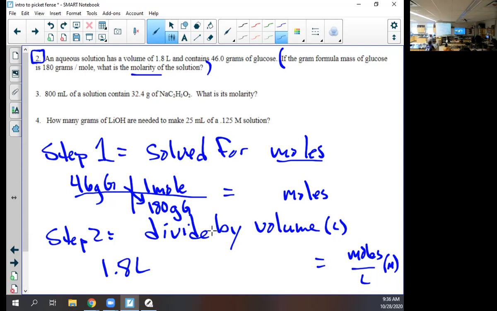So now, I take 46 and I divide it by 180. 0.25. Awesome, thank you. 0.25 moles of glucose or sugar, by the way. All right, and now step 2, what do I need to do to that? Divide it by 1.8 liters. And I will end up with my moles per liter equaling